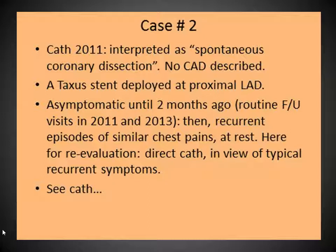They decided that there was a significant encroachment in the ostium and the lumen of the LAD by the dissection, by the false lumen. So they put a Taxus stent, a drug-eluting stent, in the LAD, obstructing the opening of the dissection, but not all the dissection they could see, but they didn't see an exit of the dissection. He was asymptomatic until 2 months before the current admission in our hospital, something like 2 years after the procedure,